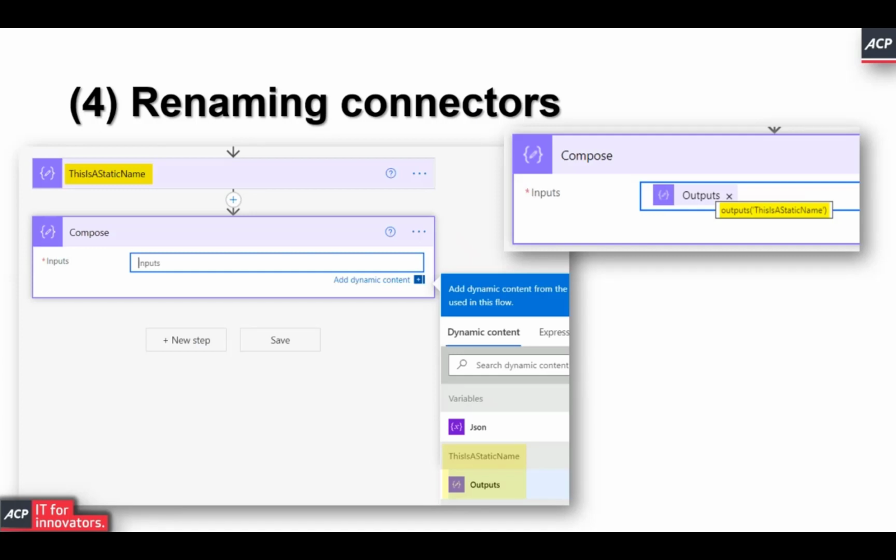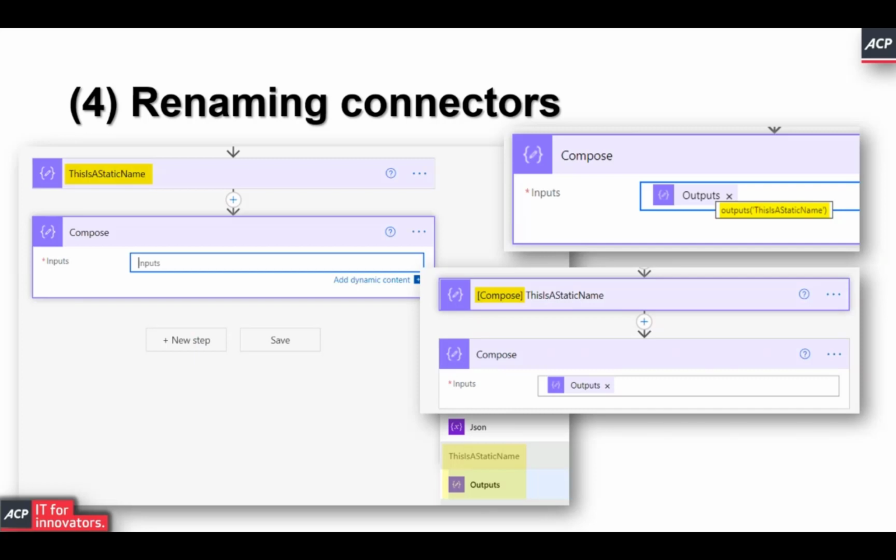Another thing, and that could be also something that you should consider from the beginning when you're putting your connectors together, is that some connectors are easy to differentiate, but for instance, right here you can see with this lilac connector, it could be a compose functionality, but it could be something else from the same family of connectors as well, which is less of a problem with the less complex activities, but in particular categories where you have 20 connectors in place, it might be really hard to remember what the actual connector was that you've been using.